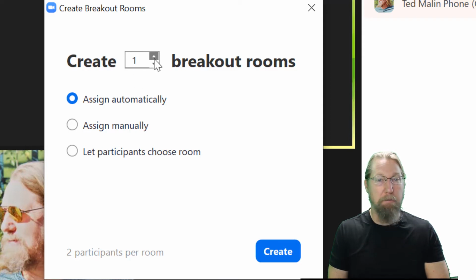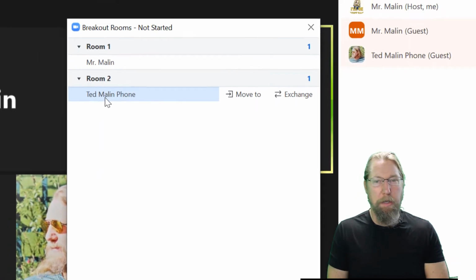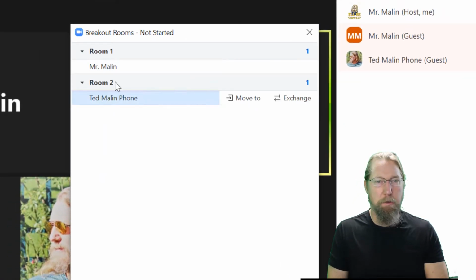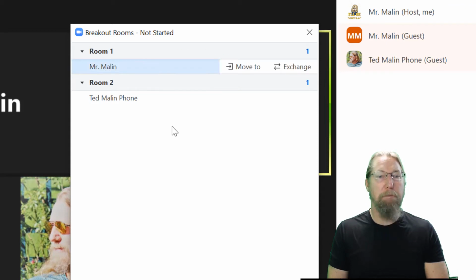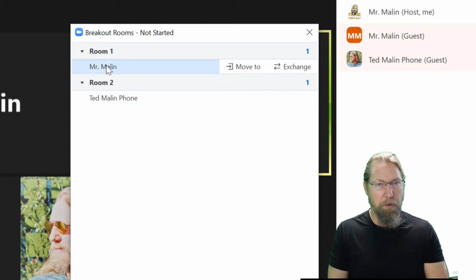Okay, and how many breakout rooms do you want to create? You want to create one, two, whatever it is you're breaking your groups into. So let's do create. And right now, since there's only myself and two other users, it's pretty obvious. But before you actually open the rooms and create them, this is sort of the rough draft, and this is your opportunity to say, you'll have longer lists, of course, because you'll have your whole class here, and you might say, well, I don't really want,